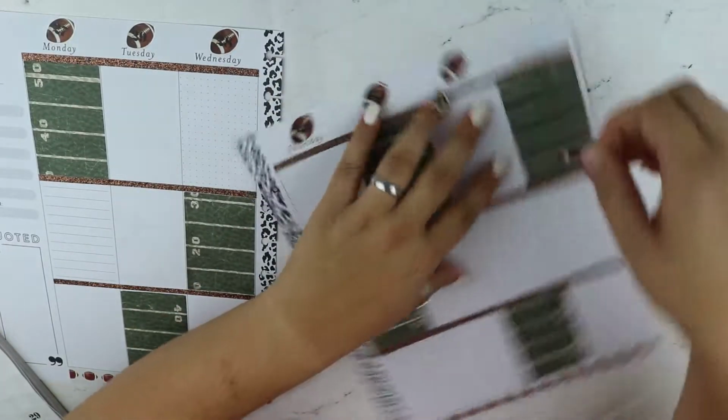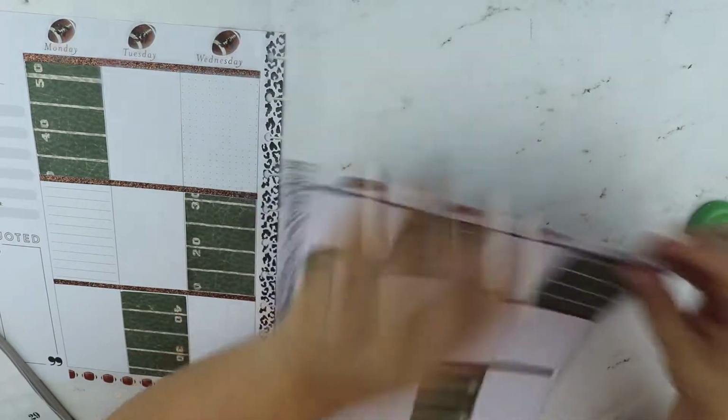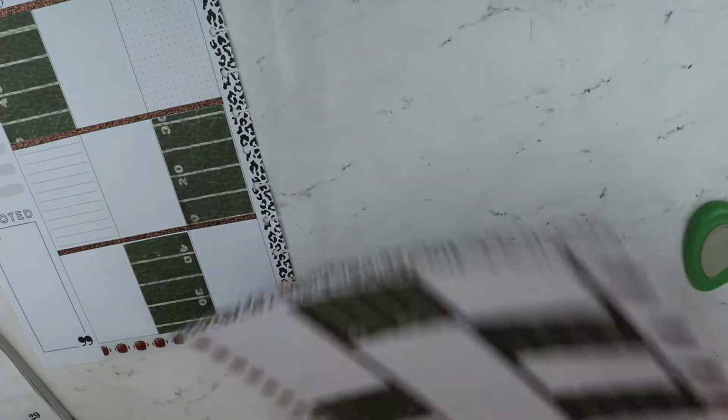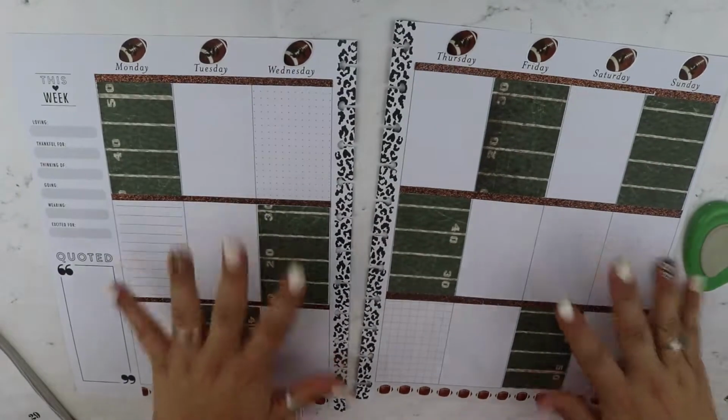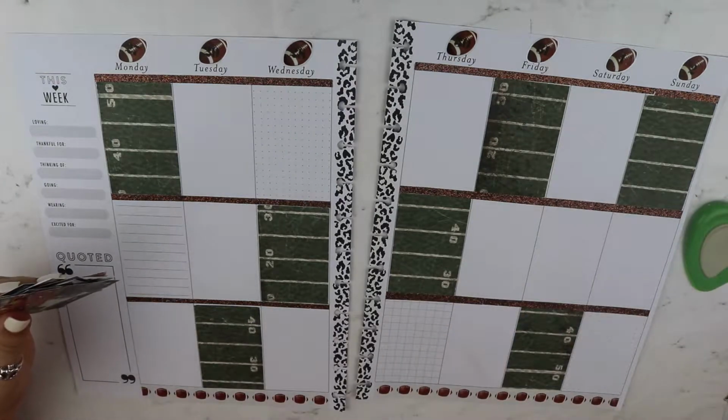Okay, so we had to order new pom-poms this year because, one, we didn't have enough. We didn't even have enough for just varsity to have the pom-poms. Because I made bigger teams this year, because for stunts I wanted to have 10 on varsity so you could have a good amount of stunts. So I went with a higher number this year, which, okay, great. Well, I had to order new pom-poms. I'm going to have to order new pink pom-poms too. Well, so I ordered them from Omni, and